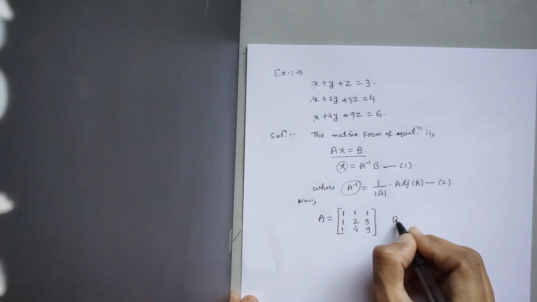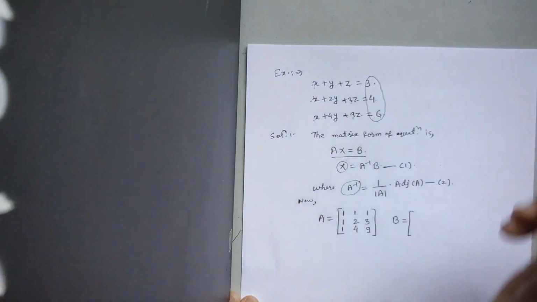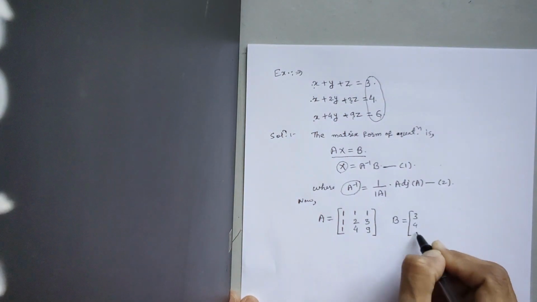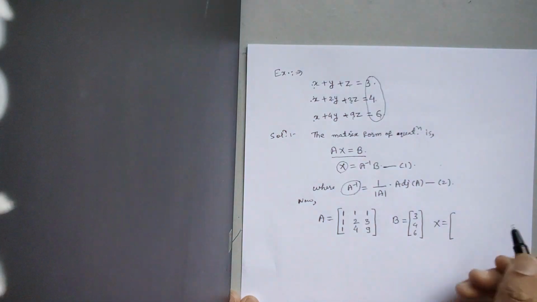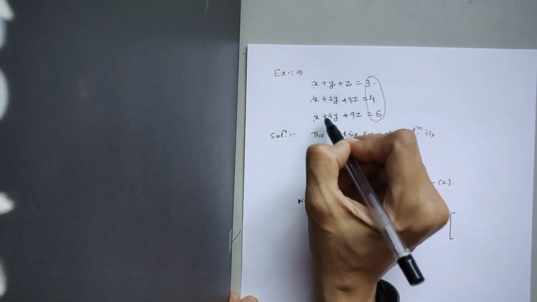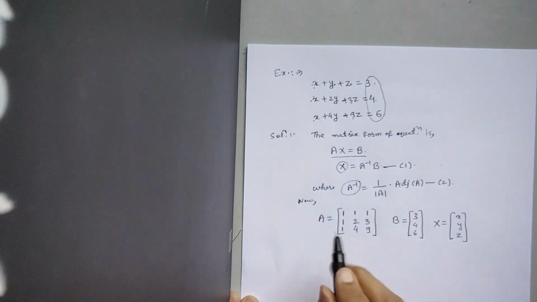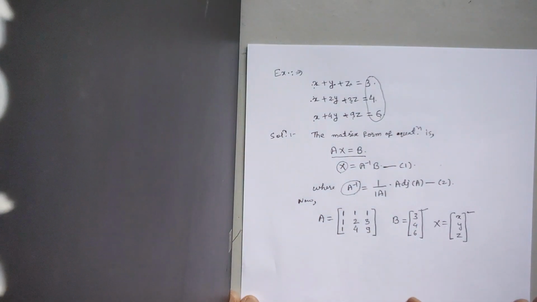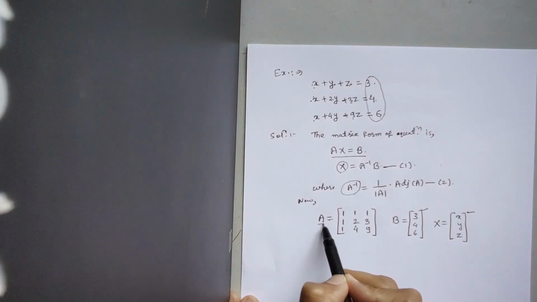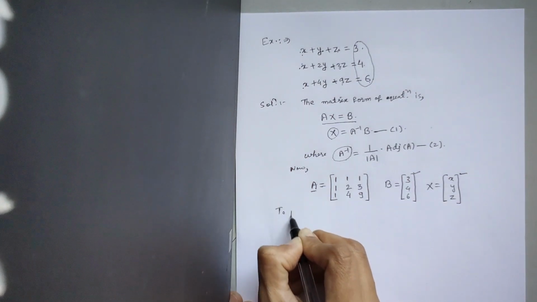And B is the matrix of constants, all the constants which we have on this side. So 3, 4, 6, that is my matrix of constants, and X is the matrix of unknowns or variables. So I have 3 unknowns, x, y and z here. Just remember how I am writing it. This is a column matrix, this is a column matrix, this is the coefficient matrix. Now our target is finding A inverse, so I am starting the procedure for finding A inverse.